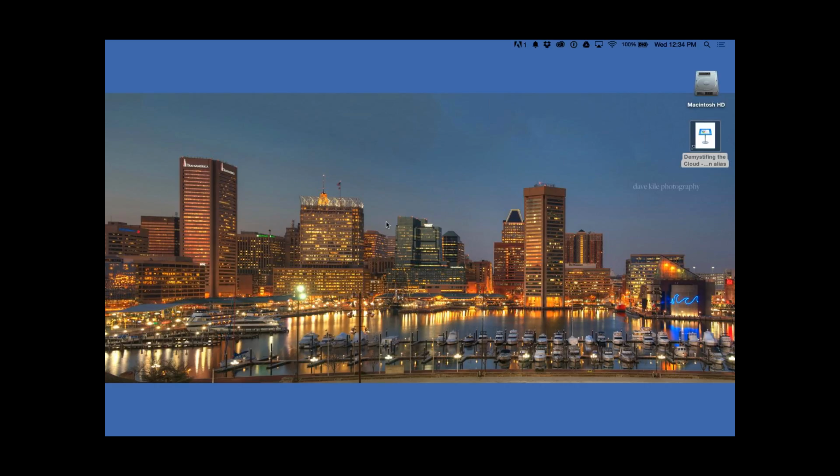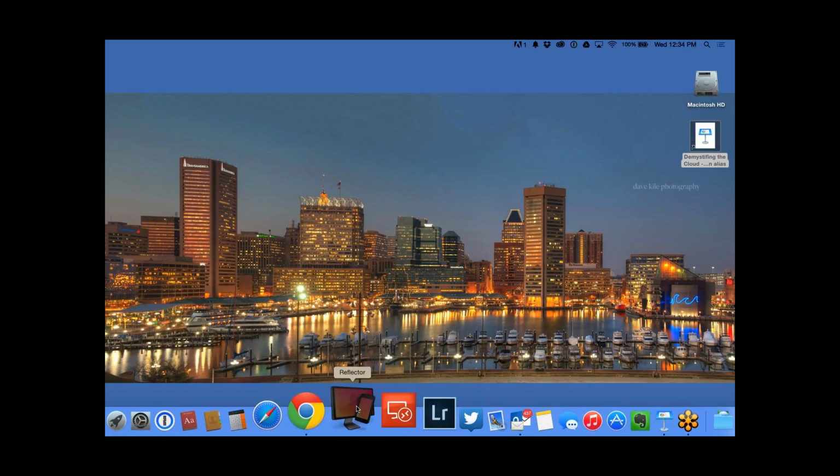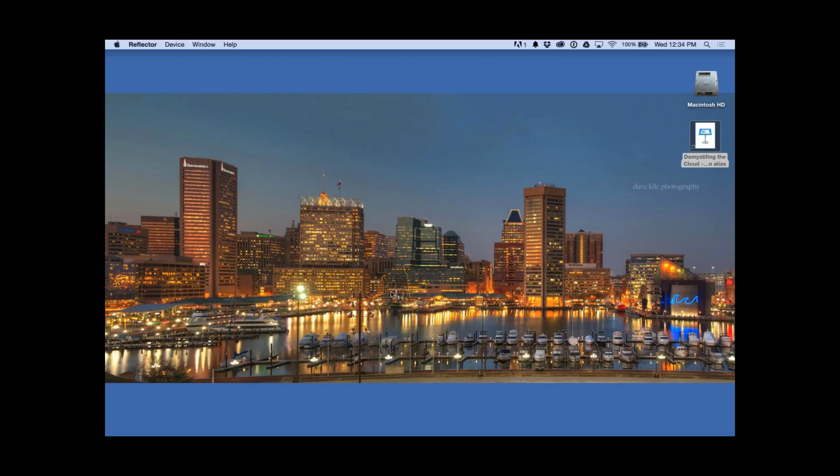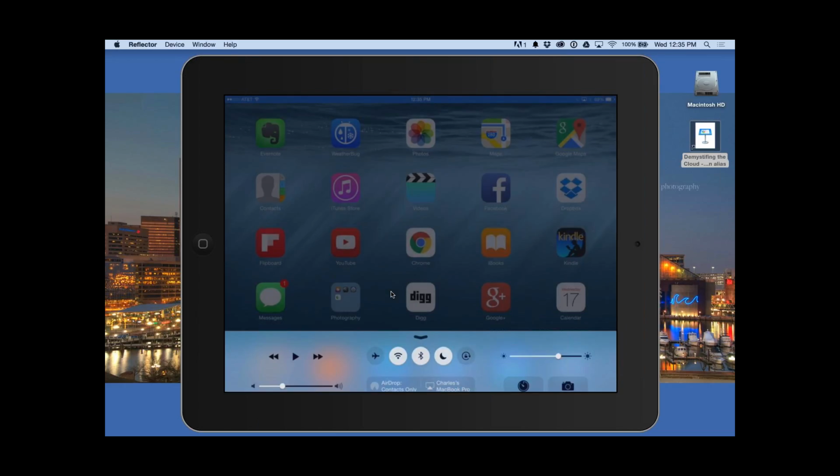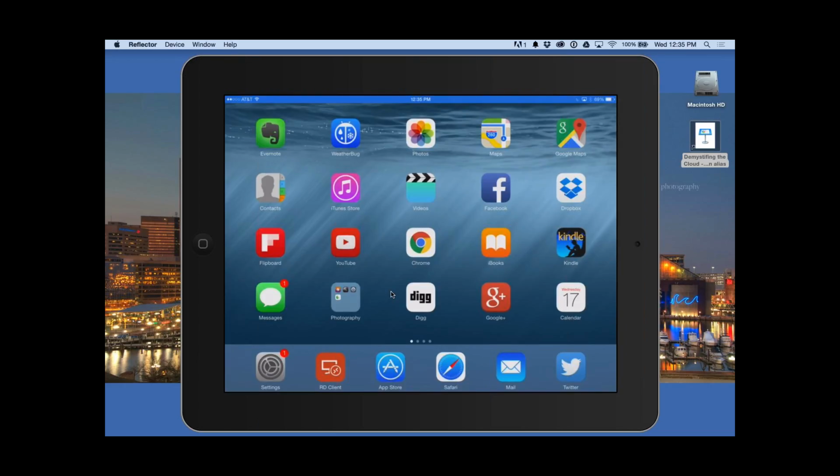All right, and I'm going to get my iPad out. Bear with me a second as I get a little program running called Reflector, which allows me to display my iPad onto my computer right now. In the past, Dave and I have done these sessions before, and we've shown a PC as well. It's basically the exact same thing. There's actually a cloud workspace icon you use on the PC. We just like to simulate on the Mac, showing how it can go across platforms.